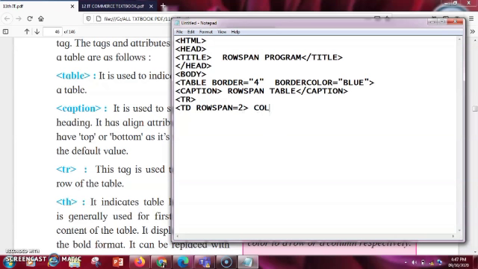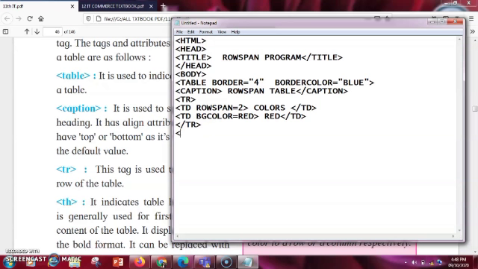I'll give a color over here, and then I'll end the TD tag. After that, I'll start with the next TD tag. I'll give bgcolor equal to red, and then I will end the TD tag here, as well as end my first row here.